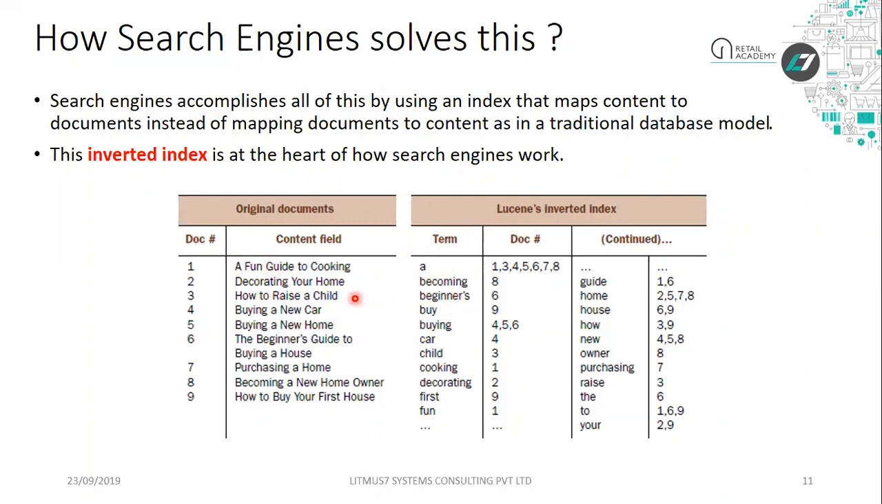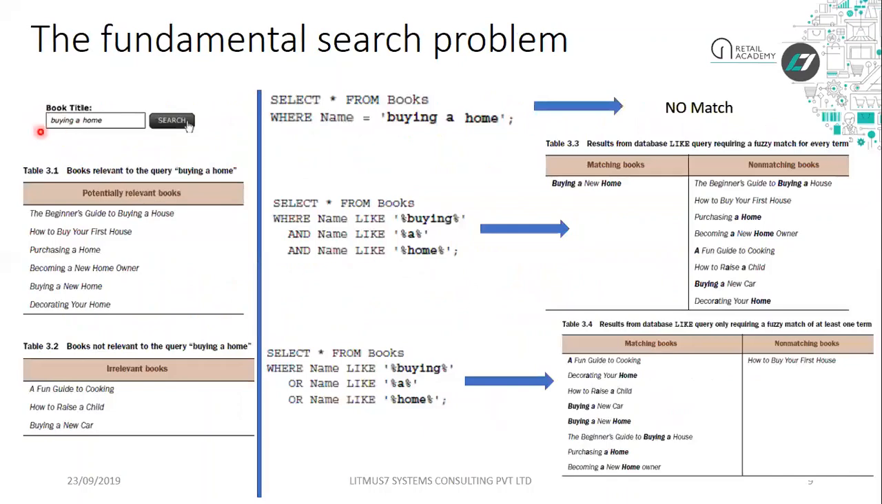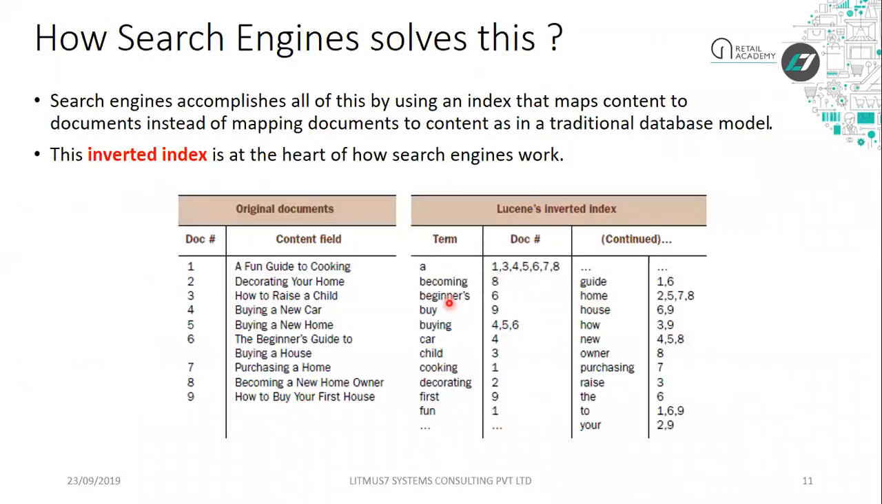Whatever documents are there, against those words it will index the document number. This is just an example, that's why the document numbers are given. As you can see, in this scenario, if you're going for buying a home, against the term buying, you can identify the documents 4, 5, 6. Against the term home, you can identify the documents 2, 5, 7, 8. And